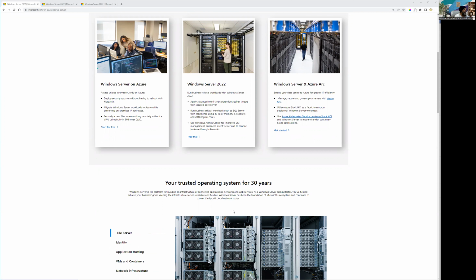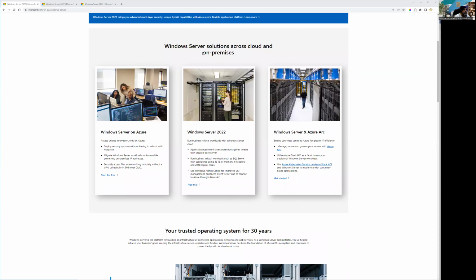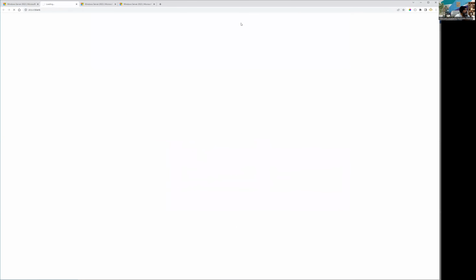I know that we can do Windows Server on Azure. We can do Windows Server 22 as a download free trial, and we can run Windows Server with Azure Arc. I'm not going to go into the detail, but what I'm going to show you is the mid tab, that's the one which we need for our exercise. So if you click on free trial,